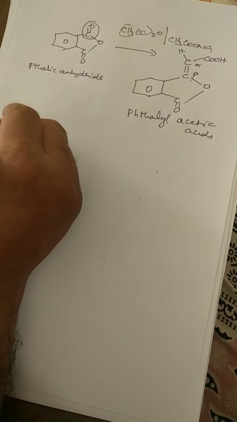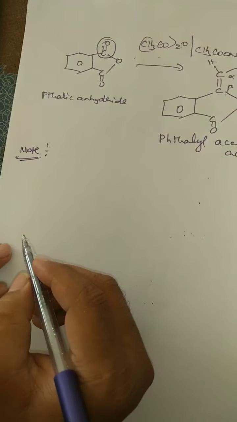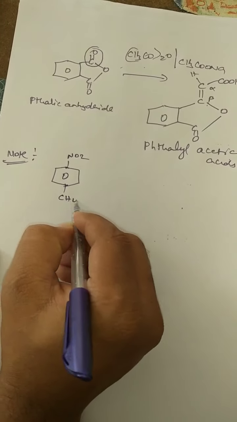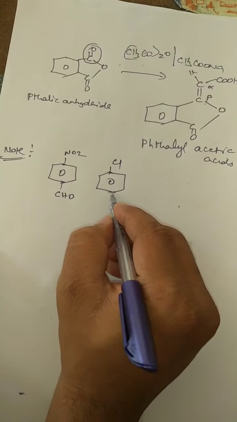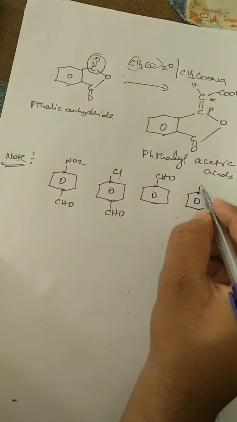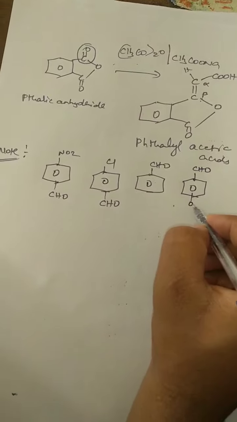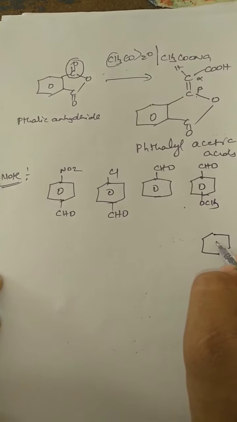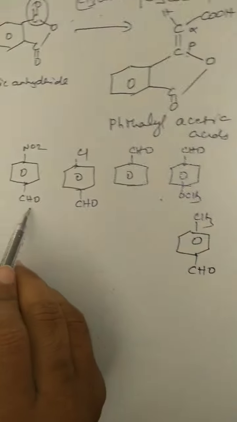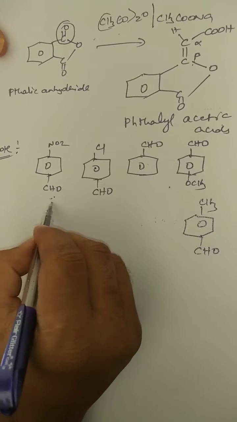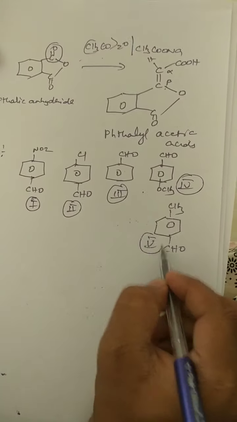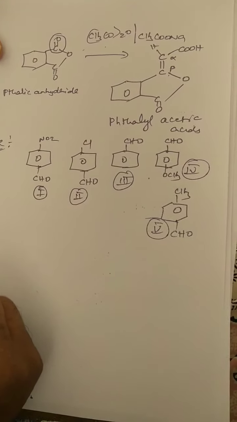So one more important point they will ask in objective questions. Different aldehydes are given for you. Especially in previous exams they have asked this question. Four compounds are given, all aromatic aldehydes, benzaldehyde derivatives. So they will give these compounds 1, 2, 3, 4, 5, and you are asked to arrange them in the decreasing order of reactivity